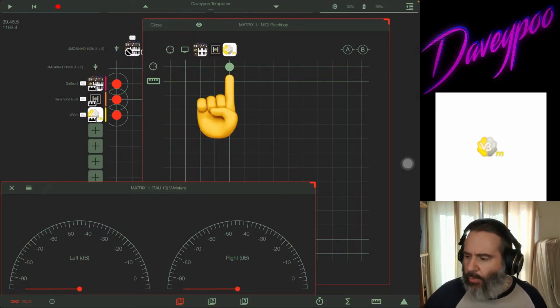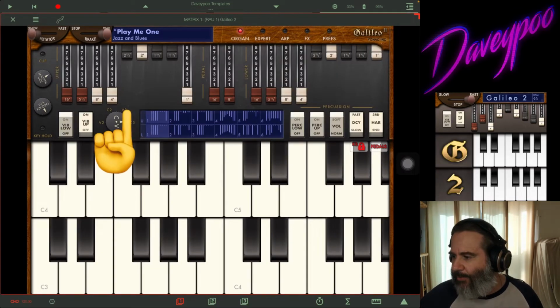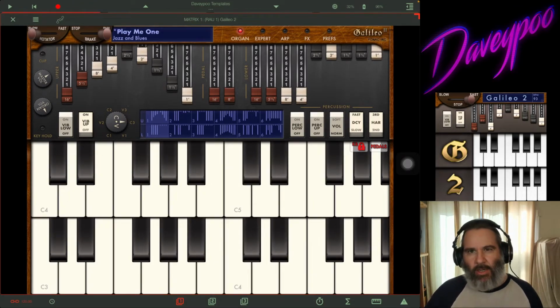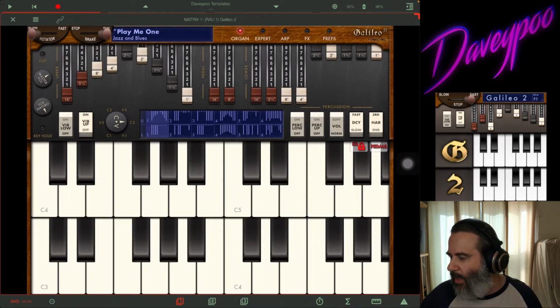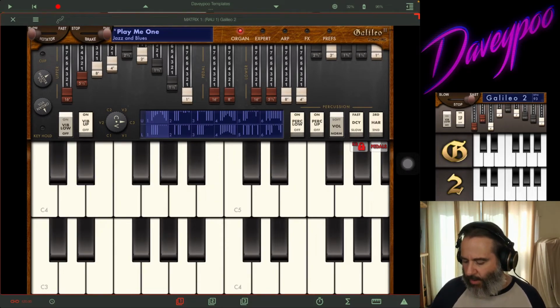Okay, I'm gonna try one more thing here. Let's go back to Galileo. Let's do a totally different drawbar setting here. We're gonna scoop out the middle here. We'll do kind of this sort of thing. Right? I'm guessing it's gonna be approximate, guys. And then we're going to turn the percussion on. Third harmonic. So we get...